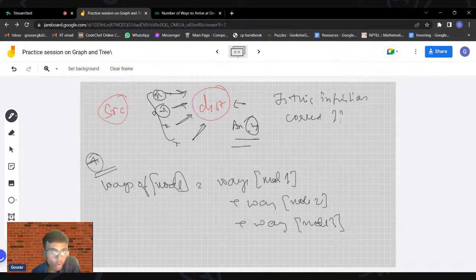If you say that your answer will be 4 just by looking at the number of edges which take x amount of time to reach the destination, you will get a wrong answer. Even if you see only one edge here, there can be multiple edges before this edge. The number of ways to reach the final destination will be equal to the number of ways you reach node 1, plus the number of ways you reach node 2, plus the number of ways you reach node 3, and so on.